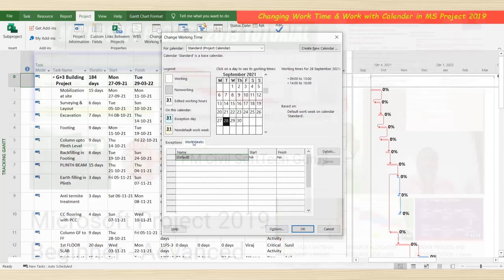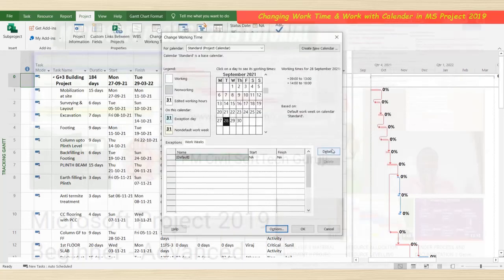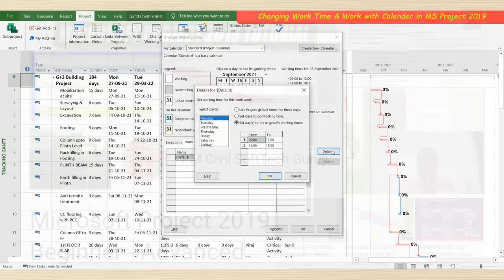you go here. Then here, options. So go here, Details. In Details, select the days up to Saturday.